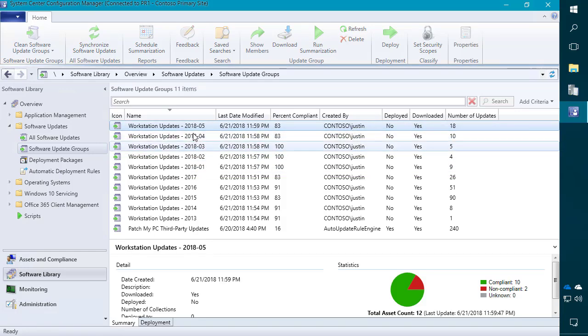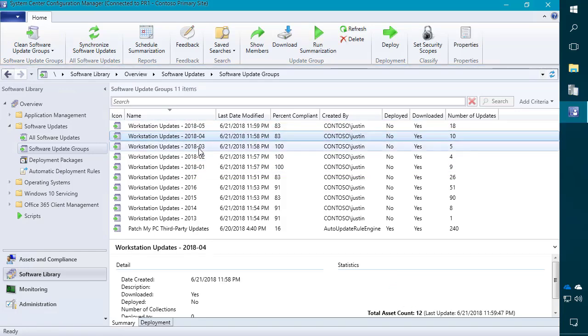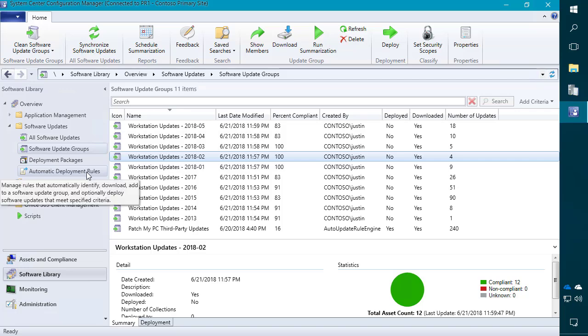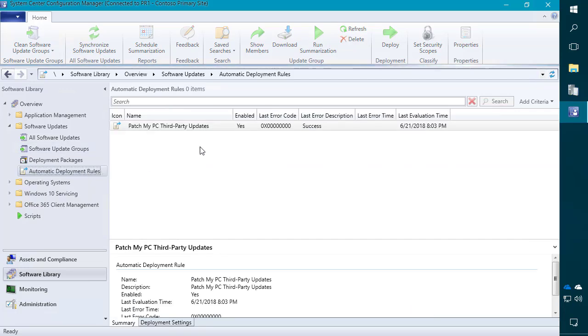There's a few reasons that we split out the update groups by month. It's going to make sense when we go through our ADRs, and I'll explain why we do that instead of just having a single update group and have our ADR create a single update group. We'll go over that and why we want to make this monthly for the current year. So with that said, I think we're at a point where we could jump over to our ADRs